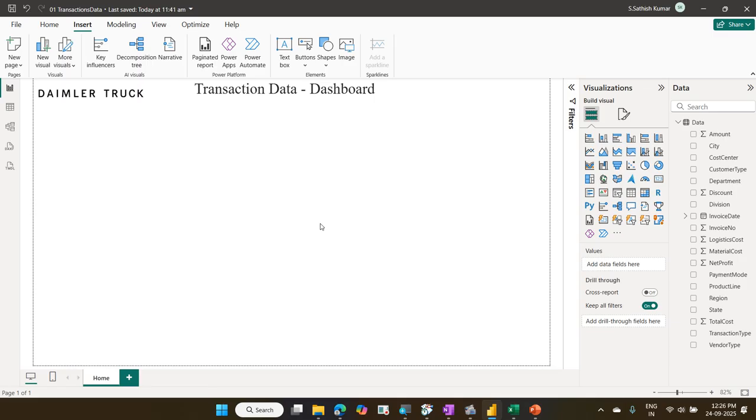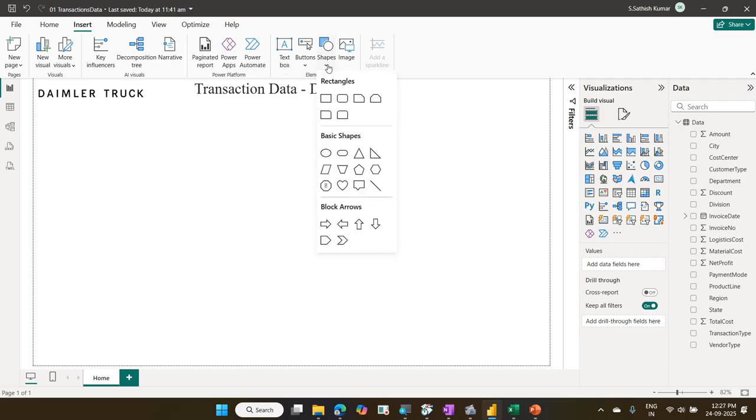Let me add a line below this heading, below your company logo. I want to just draw a line to separate the headings and to separate your visuals. So go to insert again. Go to shape. Insert shape. There are rectangle shape, triangle shape, oval shapes, any shape. Let me add this line. I want to draw a line below the heading and below the logo. So let me add a line